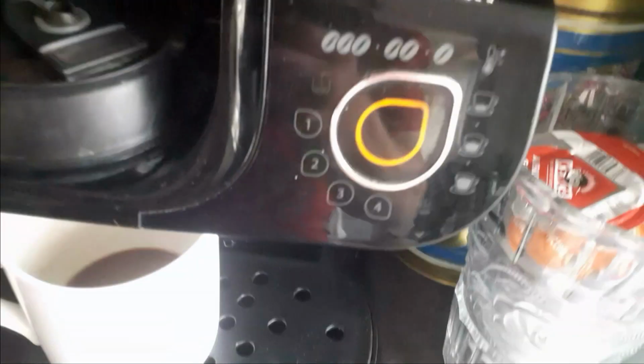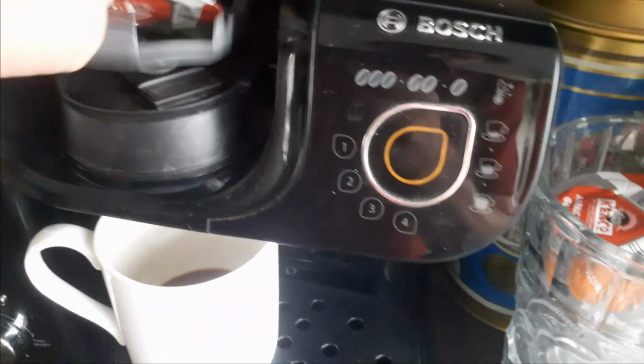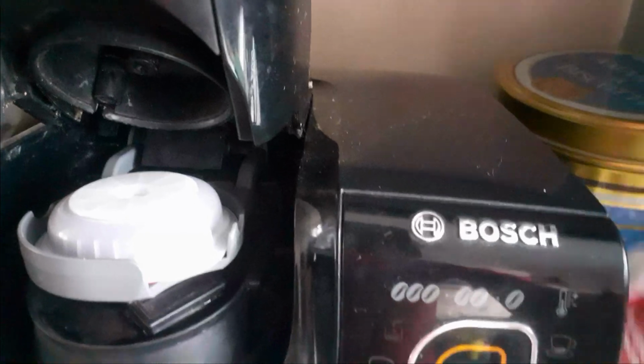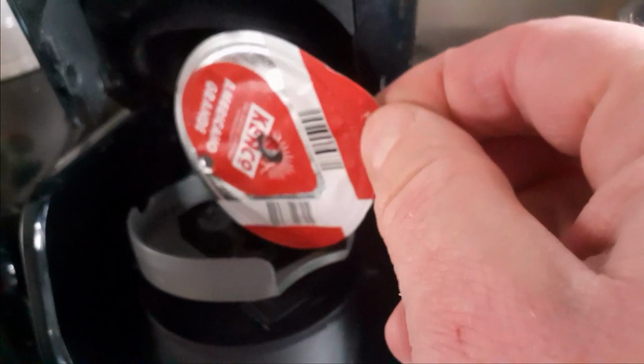disc in. The disc type is Kenko Americano Grande. I don't know why, but these seem to be particularly susceptible to not working. Yeah, so if I just show you, for some reason, I don't know what the barcode on this one is, but it seems to work more often than these red ones do, with all the crazing on the barcode scanner